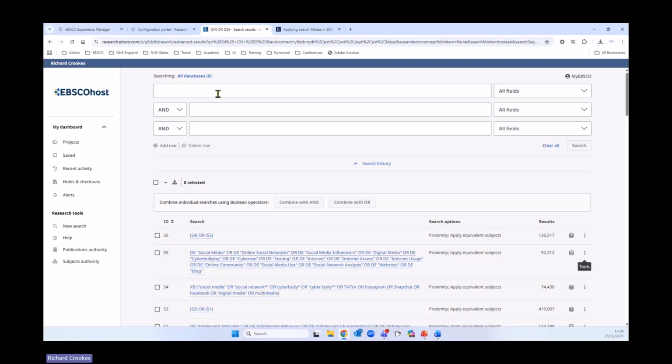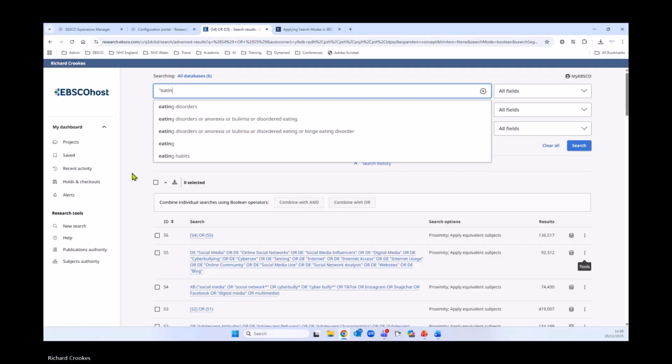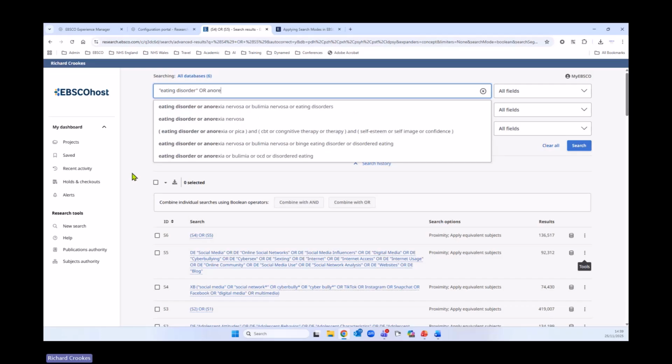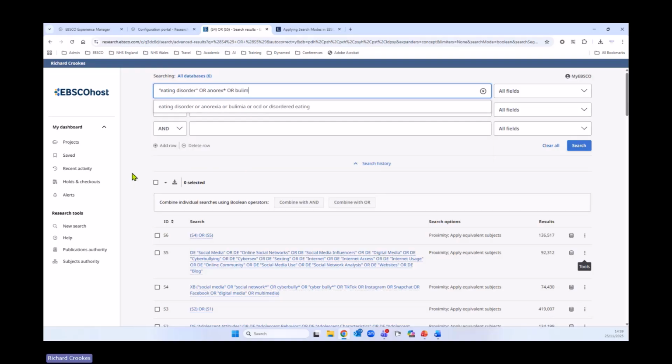So for that, I'll again look at eating disorders as a phrase. Eating disorder or disorders, either way. Then anorexia, and I could truncate it for anorexia nervosa, for example, or anorexic. Or bulimia and bulimic. So again, I can truncate these. And then also binge eating